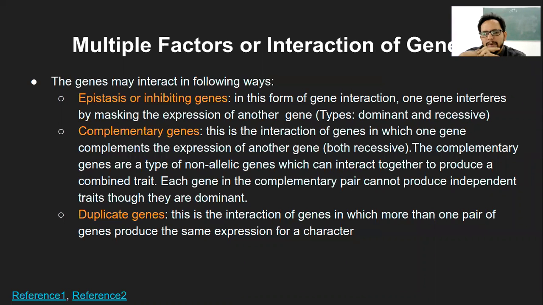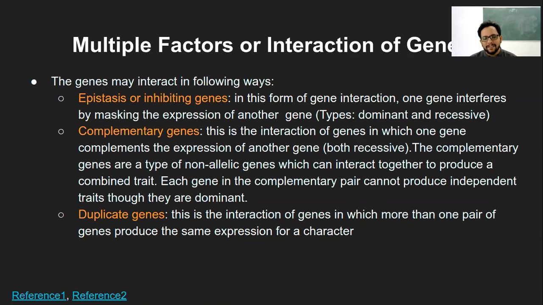Now, apart from these different deviations, there are a few more which take into consideration more than one gene, right? More than one can be two, or three, or even more. So that way, these genes interact with each other. According to Mendel, there were only two copies of a particular allele or gene acting for one particular character. But that was not the case, which was observed later while others were studying. So then quite a few phenomena came into the picture.